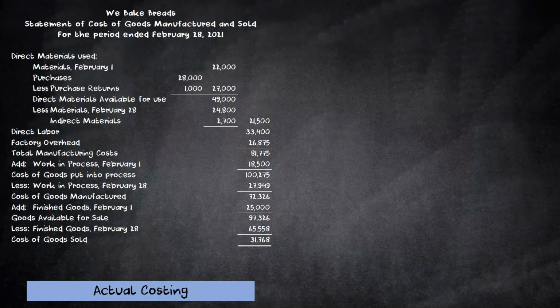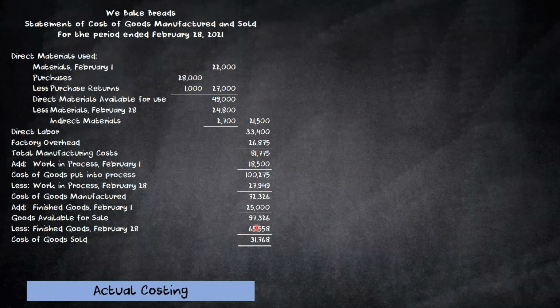Ayan, so hinga-hinga tayo because we are now down on the last part of our problem, which is the making of the cost of goods manufactured and sold. So, dating gawi, unahin natin si actual costing. So, this is the statement of cost of goods manufactured and sold of We Baked Breads for the period ended February 28, 2021. So, in order to get the cost of goods sold na ending natin ito,